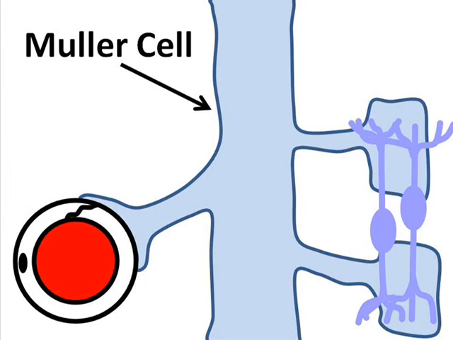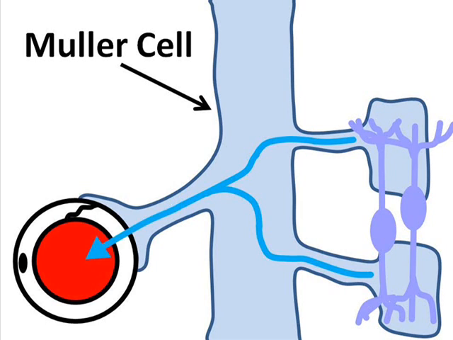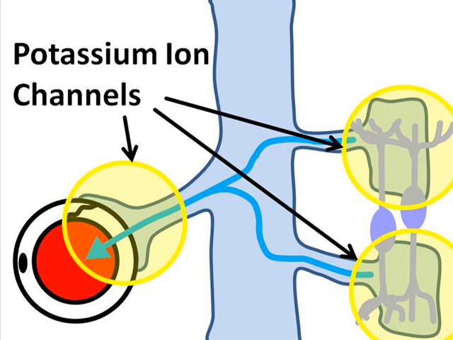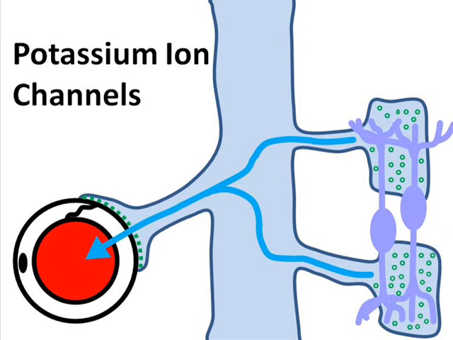As alluded to in a separate video, solute, in particular potassium ions, are thought to lead the way for water from the retina through the Mueller cell body and into the retinal blood vessels. Potassium ion channels in the Mueller cell membrane facilitate this movement. But after a central retinal vein occlusion, the potassium ion channels located nearest to the retinal blood vessel may no